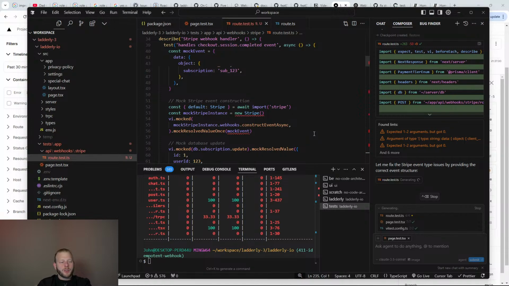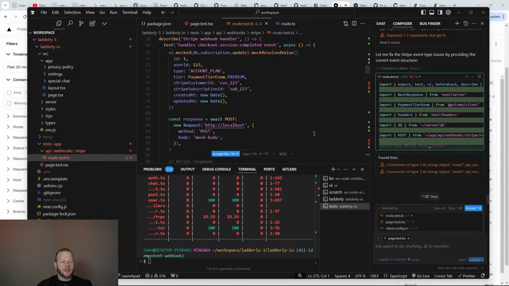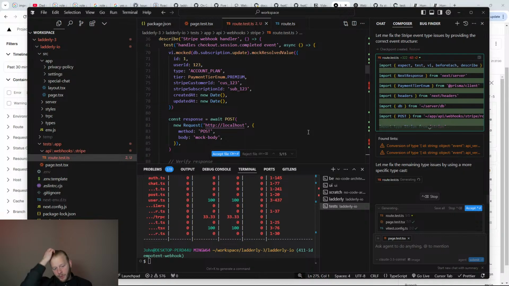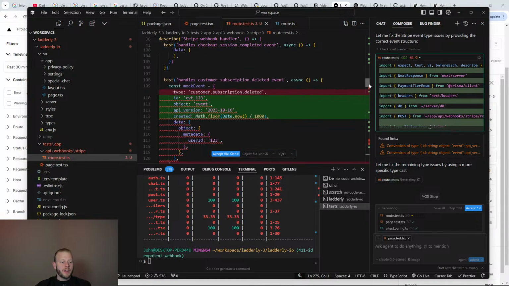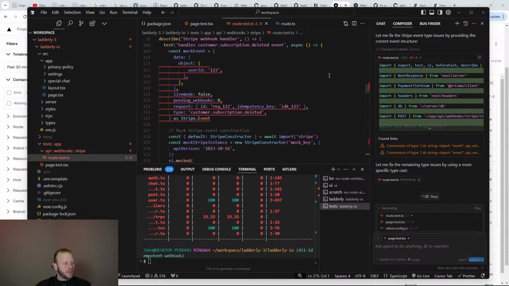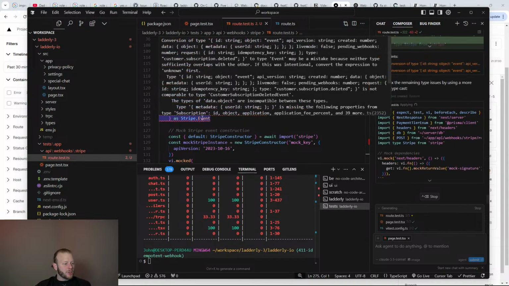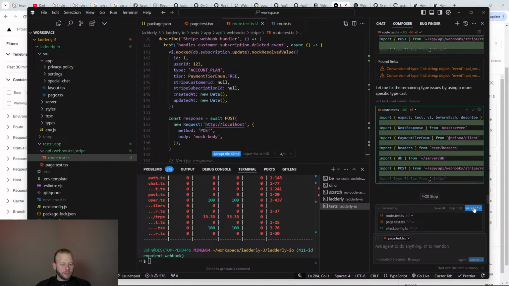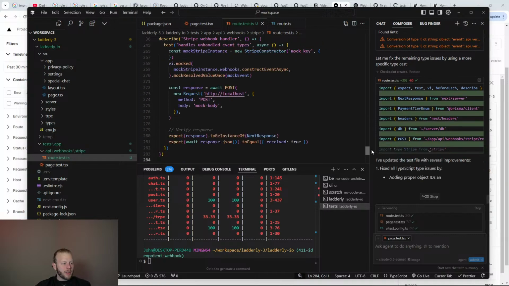One of the cool things I'll be able to do with the agent is ask it to review my temp JSON literal and abstract a test JSON with only the properties that I care about. So the Stripe payload is really long, but I don't need all of those values because I don't inspect all of them for my tests. So I can declare a partial object, which will be much smaller, and that makes it more readable if it's all relevant to the developer. You can see it's starting to create this Stripe event. It's already detecting the types. So I may not need that JSON payload at all.